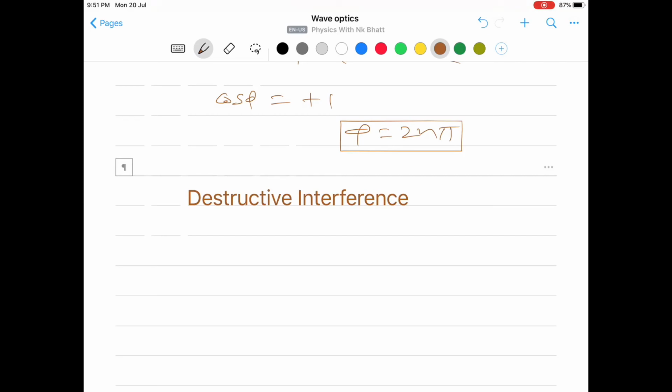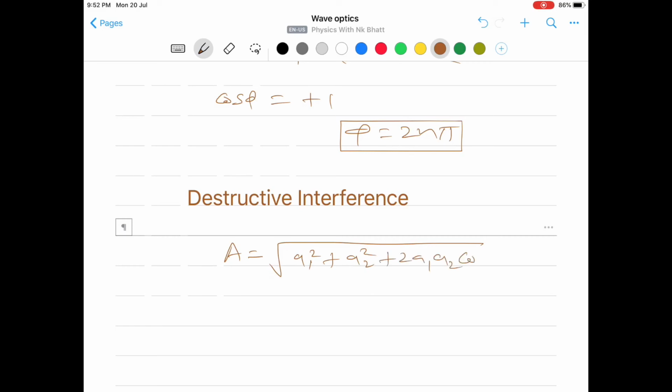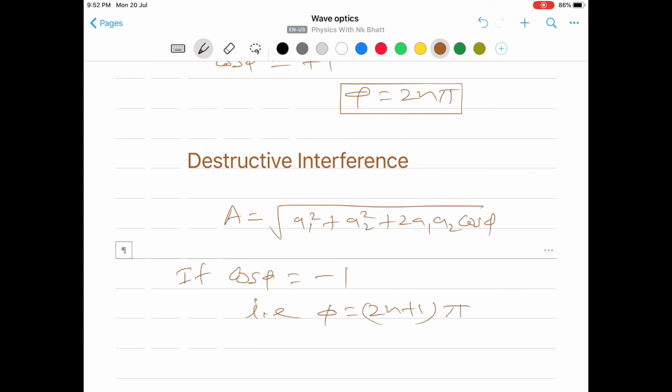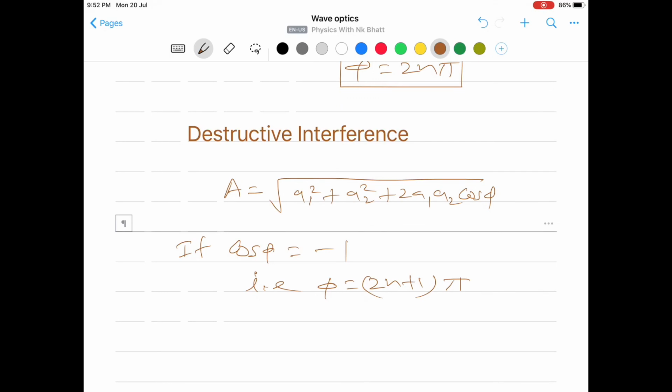Again, we will use A is equal to under root A1 square plus A2 square plus 2 A1 A2 cos phi, and we know that the destructive interference results in minimum amplitude of the resultant wave, and it is possible if cos phi is equal to -1, that is phi is equal to 2n plus 1 into pi. So odd multiples of pi will give us